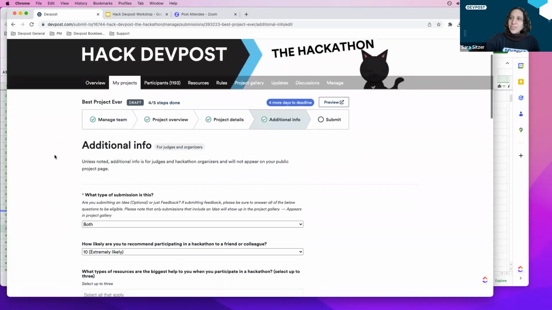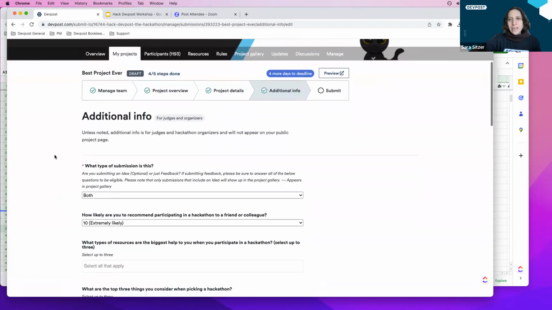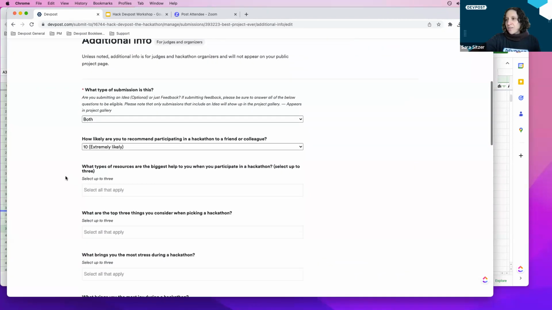Okay, so this additional info tab is where I think a lot of people have been getting a little confused, because a lot of these questions are not required. And the reason they're not required is because that's the way we had to make it, so that people could submit only to the idea track if they wanted only to be considered for their idea. But if you are